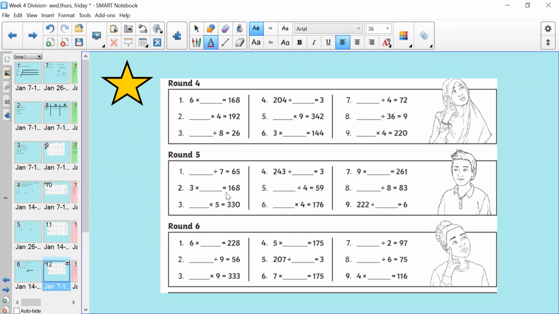gold ones as well. But before you do the quiz on Microsoft Teams, these slides are here to help you do some practice first. So if you practice enough of these on a piece of paper at home, when it comes to doing your quiz, you should be able to find those answers quicker and more confidently. So I would say for about 20 minutes, I would do some practice examples, and then the quiz should take you about 15 minutes, which will take you up for an hour's math lesson, which is what we normally do